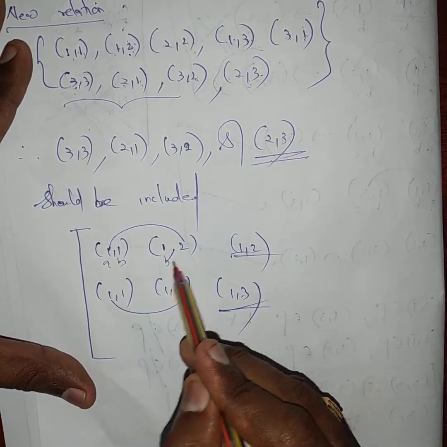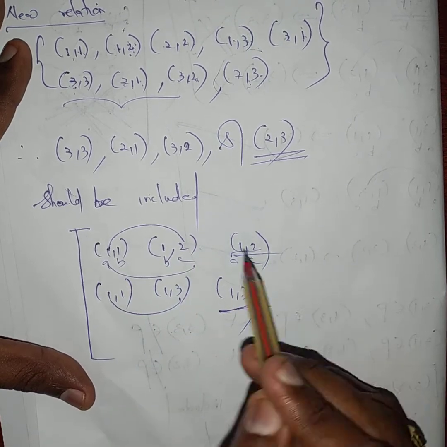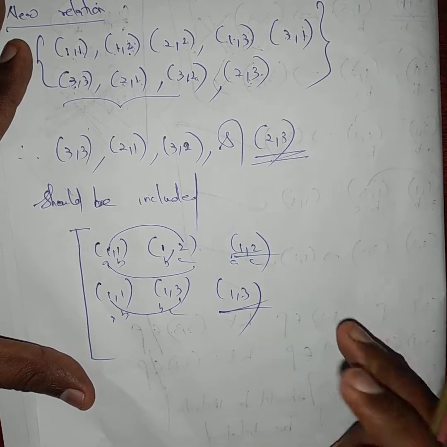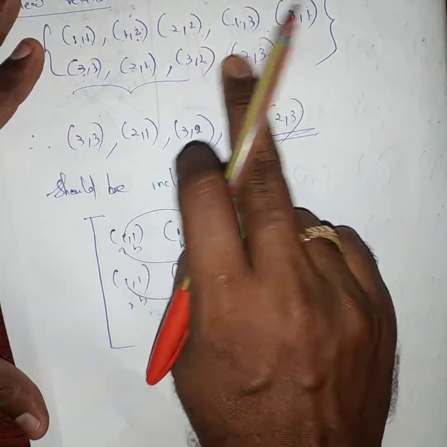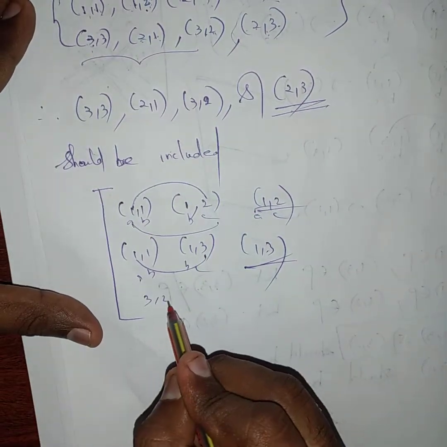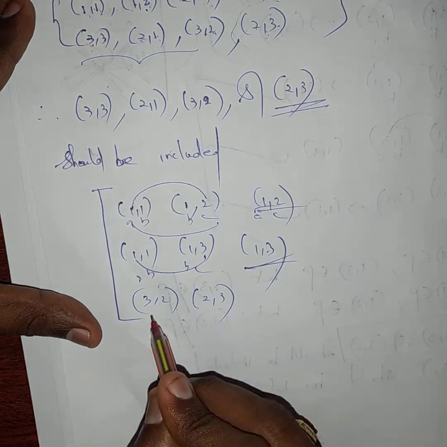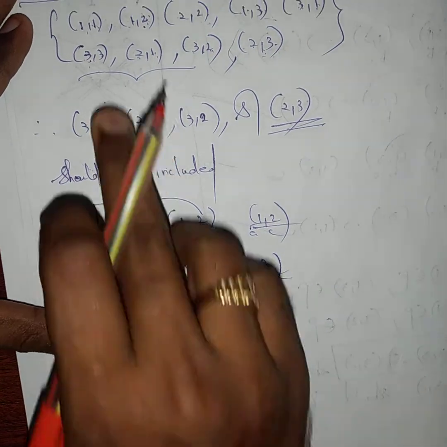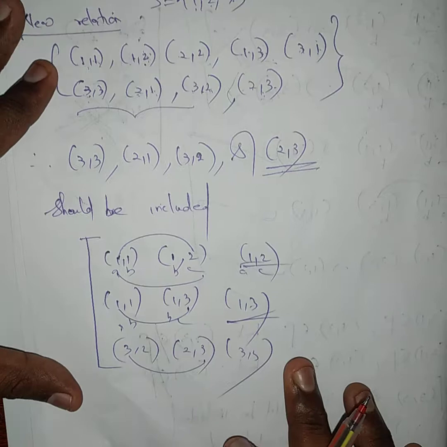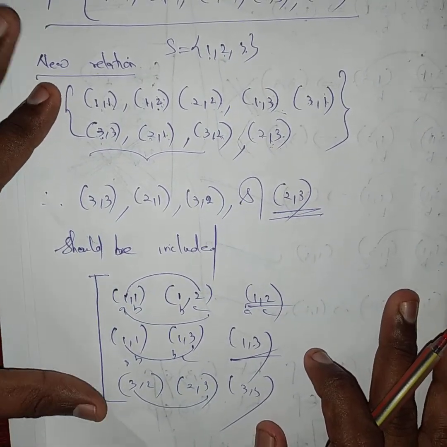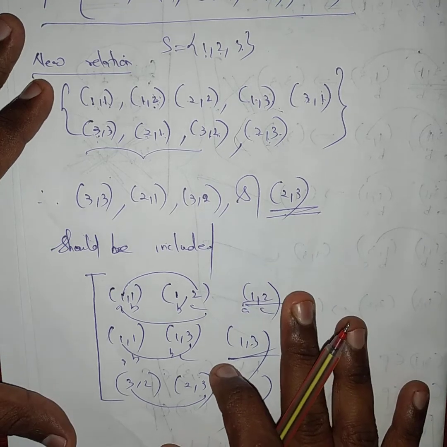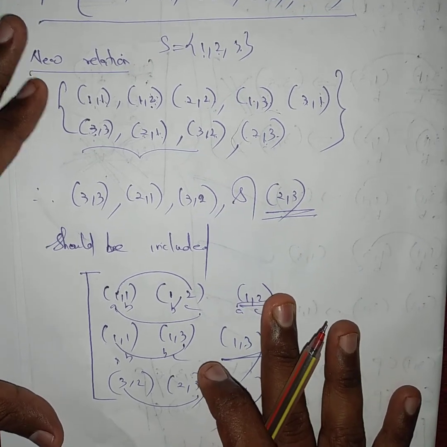(a, b), (b, c), therefore (a, c), 1, 2 is present. If we check each and every element, surely it will be contained. For example, I can take 3, 2, 2, 3 also. 3, 2, 2, 3 gives 3, 3. Yes, 3, 3 is present here. So for all the things, it is very, very easy. So, this is an important sum only. If you see the theory part, you don't need to write theory as it is given in the textbook. Write properly.